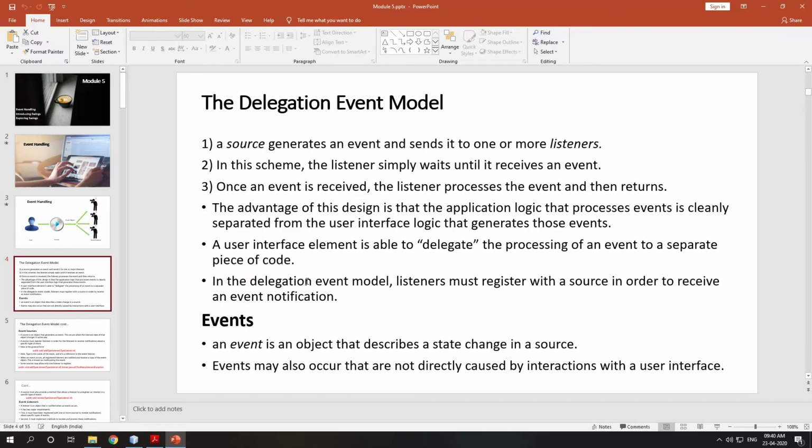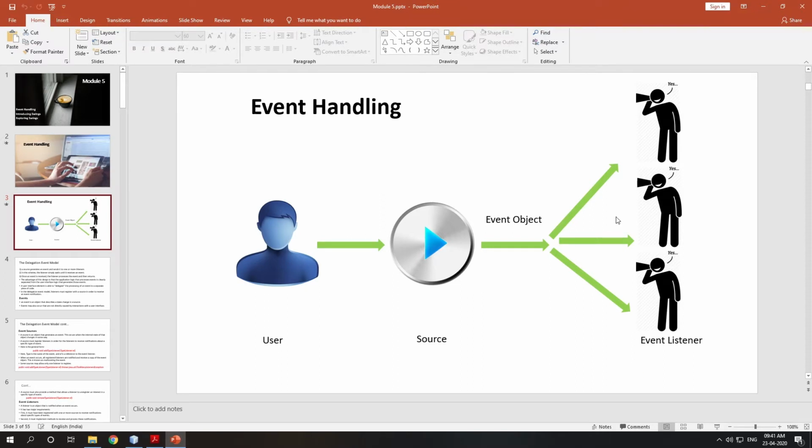Why is it called the delegation event model? The advantage of this design is that the application logic that processes the event is separated from the user interface.